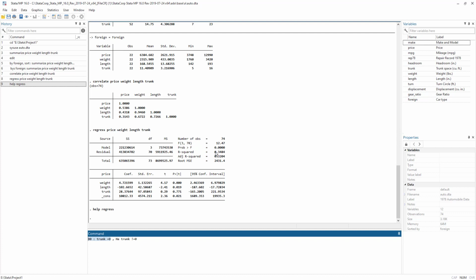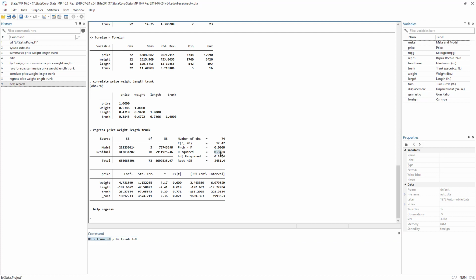Lastly, we have R square, and it would be between 0 and 1. So this 0.34 means that 34% of variations in our dependent variable is explained by these 3 independent variables. Remember, the idea is to find out the factors of the change in the price of a car. What are the factors that affect the price of a car?